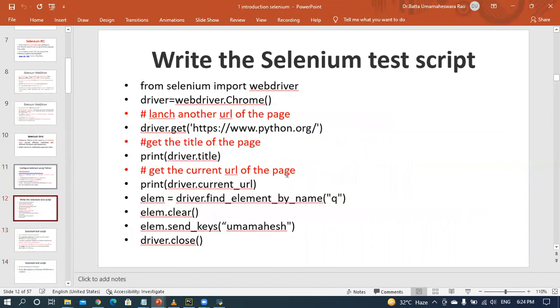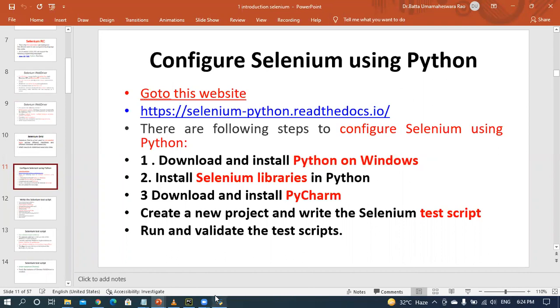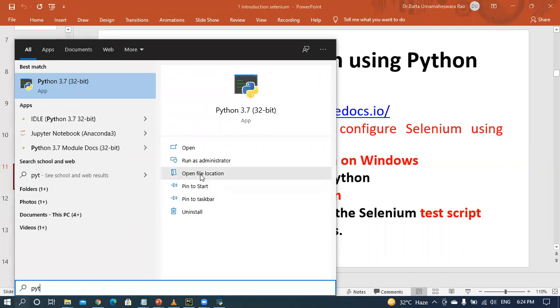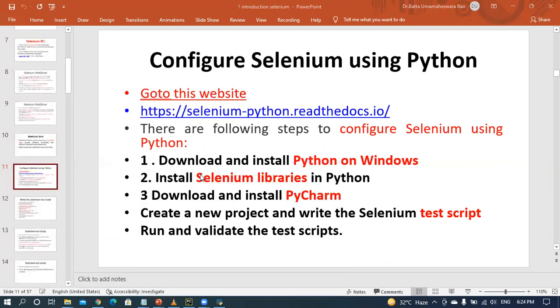Selenium library, how can you install that? Directly go to where you installed Python. If you want to know where Python is installed, go to the file location.